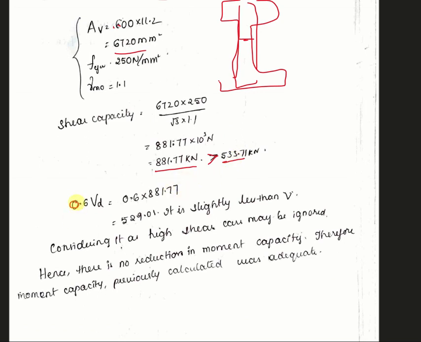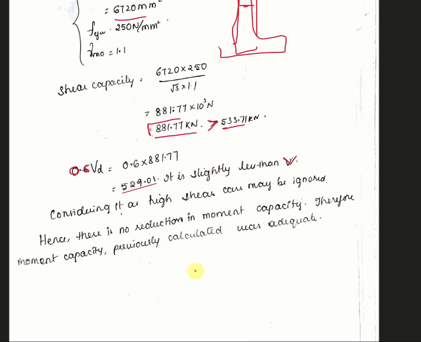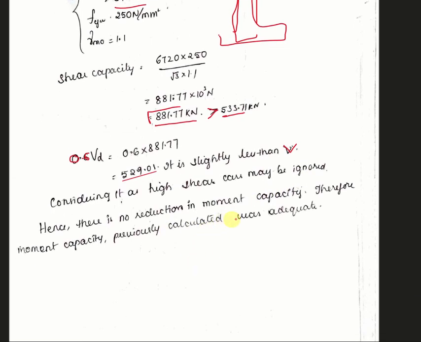0.6 VD we have to check once. 0.6 of this design force, so it is 529. It is slightly less than the applied shear, so considering it as a high shear case may be ignored. Hence there is no reduction in moment capacity. Therefore, previously we have found the moment capacity, right? That is enough. So even if it is slightly less, it is acceptable. It is just another calculation in order to check for more